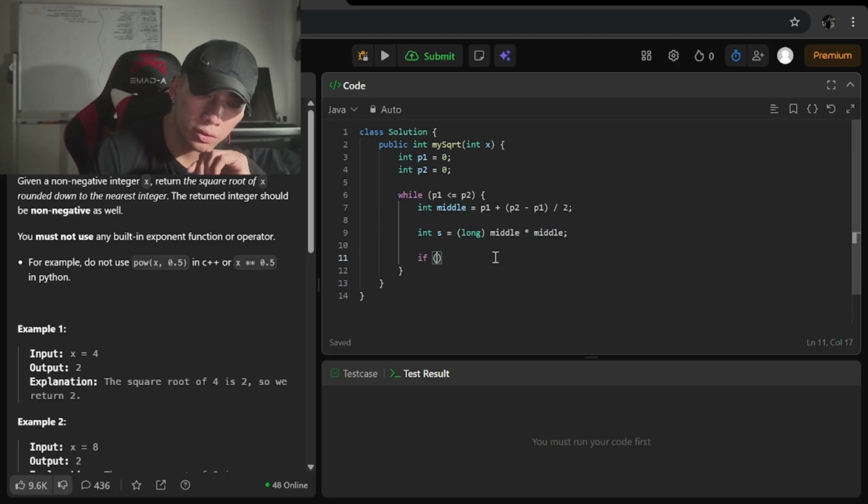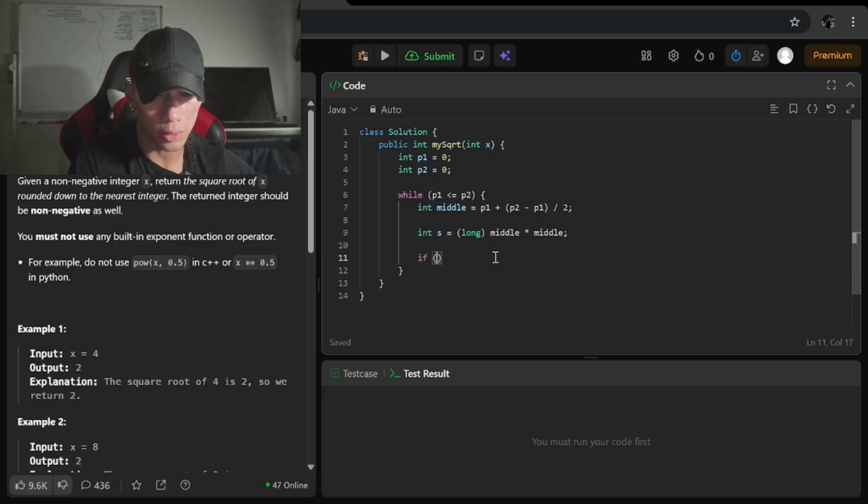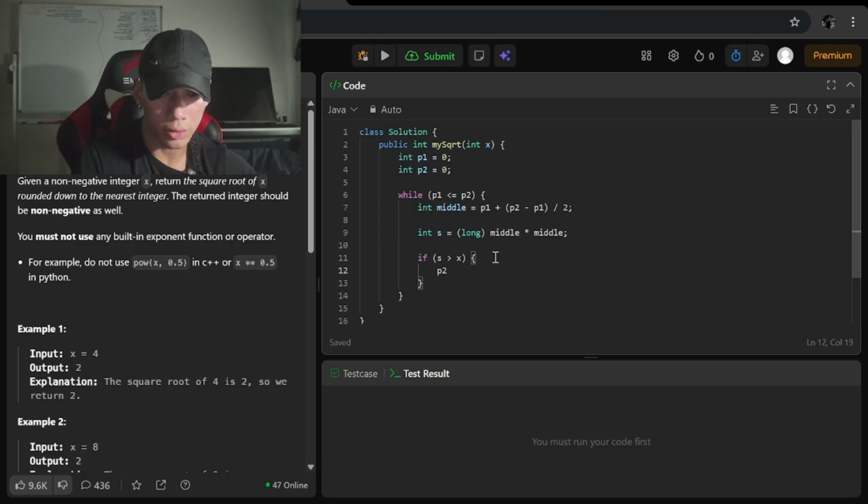Int middle. So we square middle. If we square it and it's still bigger than x, then we decrement. If middle squared is bigger than x, then p2 equals middle minus 1.